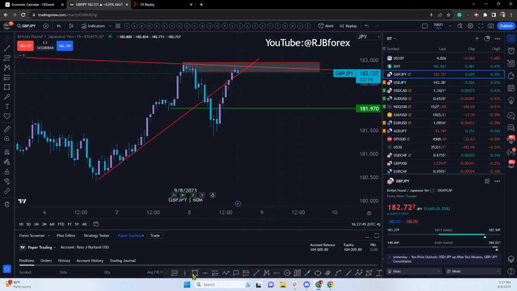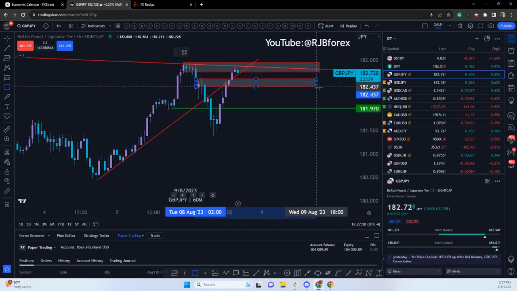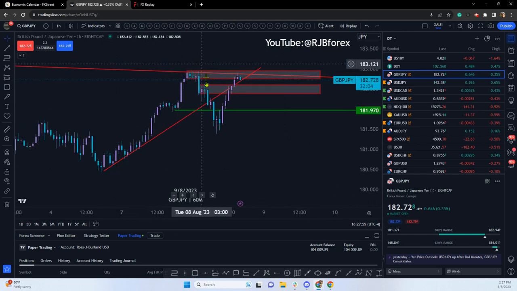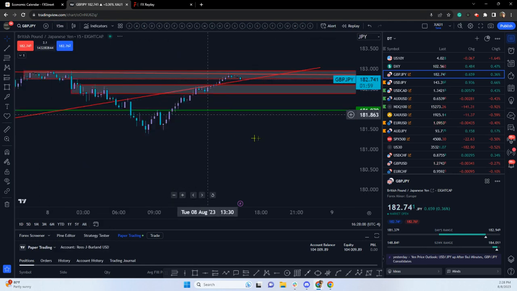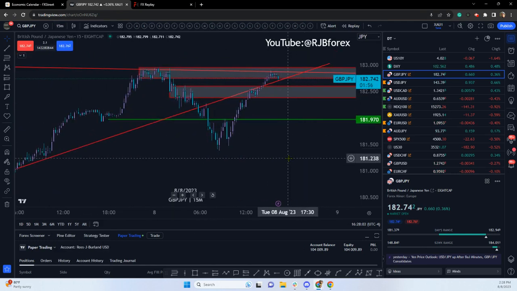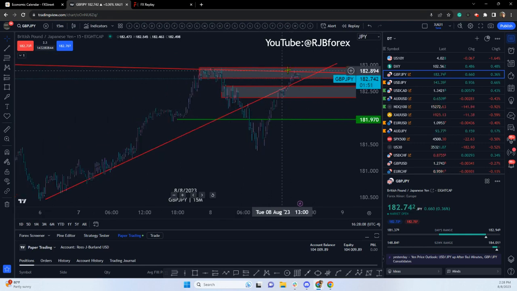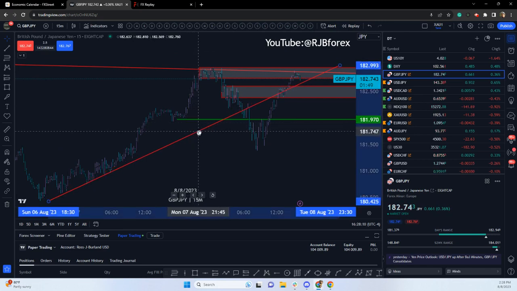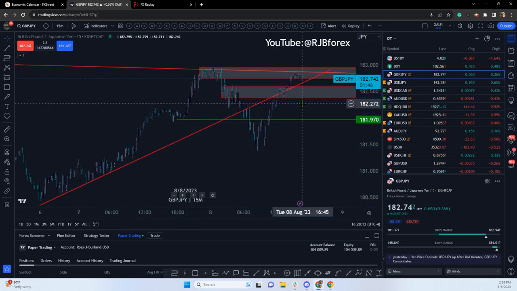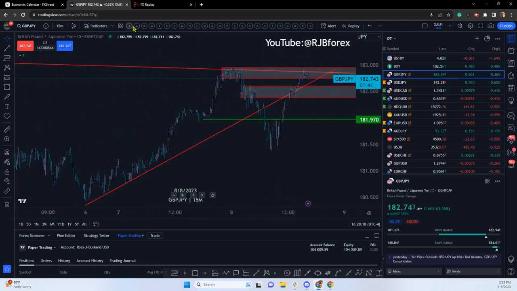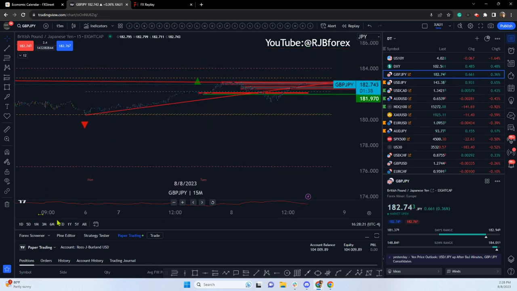But you've got support over here that you'll have to overcome. So jury's out on sterling yen as well, but in terms of where we are in the weekly template,